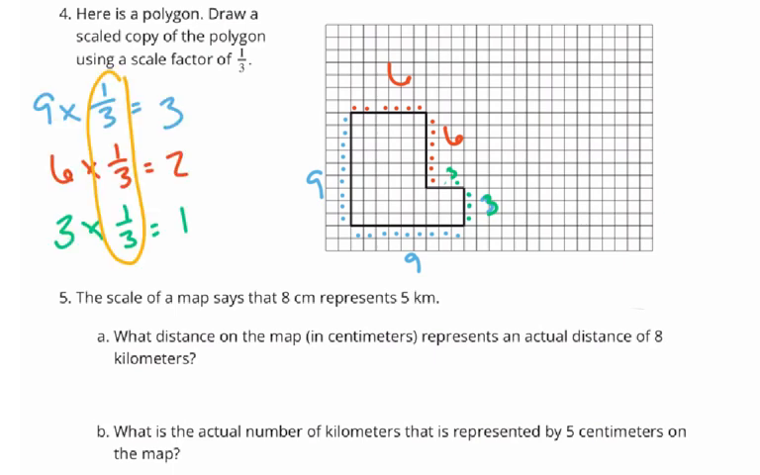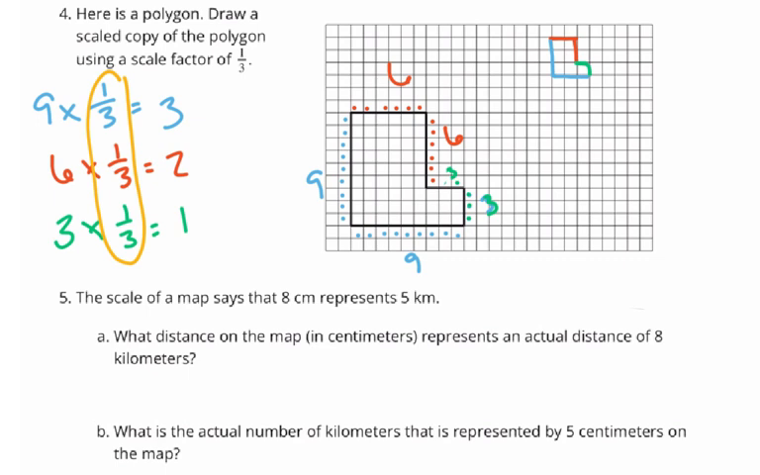So you can see here that I multiplied each of my original side lengths by my scale factor of 1/3. And I got my new measurements. And so now I just need to draw this with each side corresponding to the correct measurement number. So you can see up here that I made the blue sides 3, the red sides 2, and the green